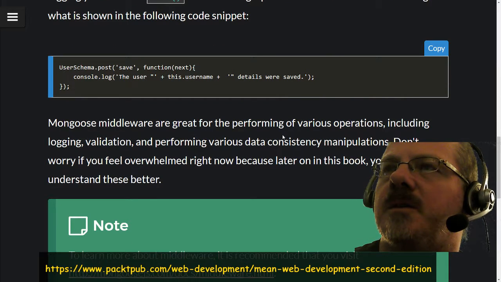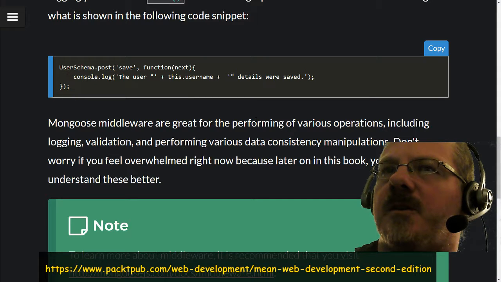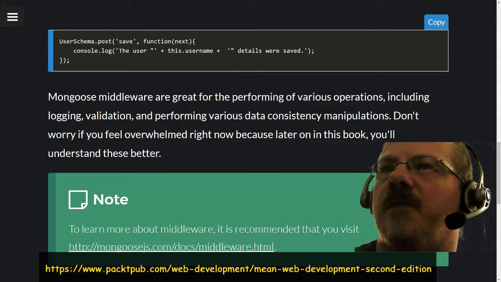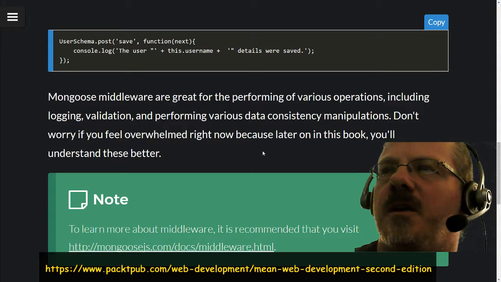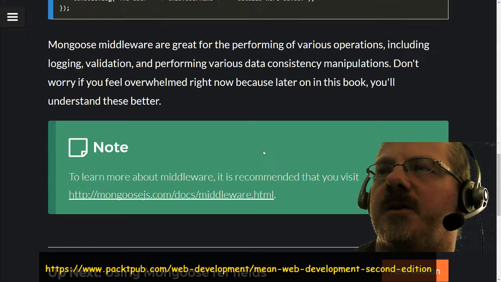Mongoose middleware are great for the performing of various operations, including logging, validation, and performing various data consistency manipulations. Don't worry if you feel overwhelmed right now, because later on in this book you'll understand these better. Note, to learn more about middleware, it is recommended that you visit, I don't know if I saved that one yet or not,